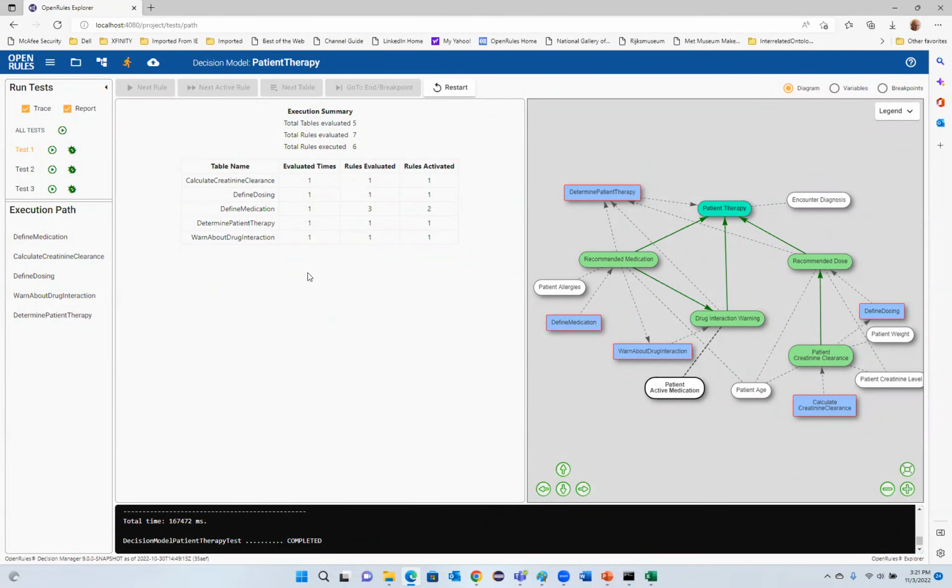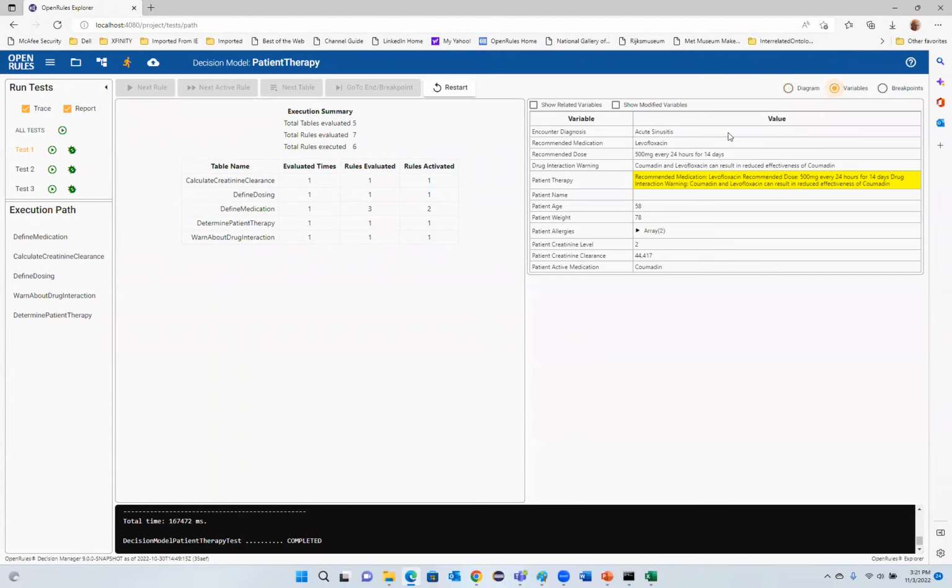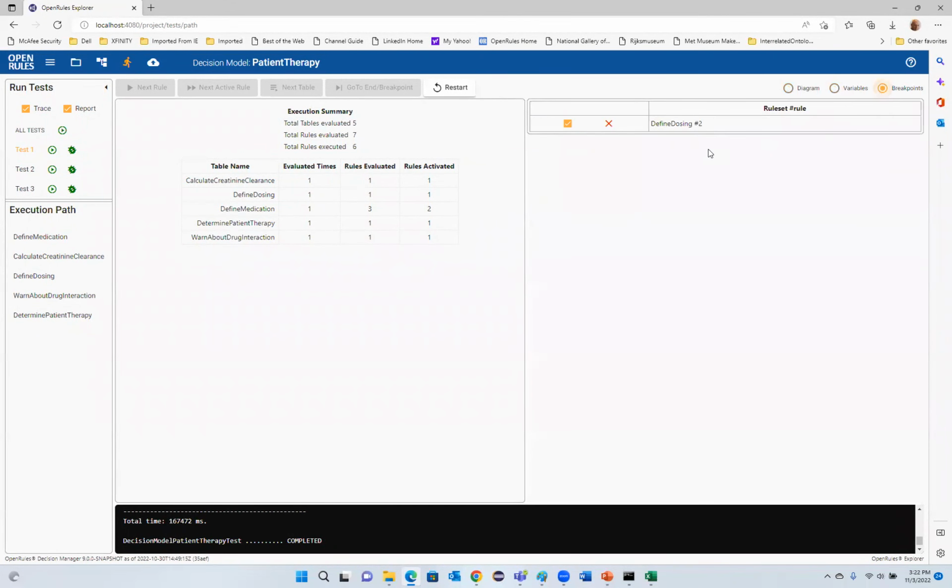But now I want to show you, for example, how to use breakpoints here. For example, I can, let me start. I do have different views here. I can show the same, instead of a diagram, all variables in table format. I can show you breakpoints. And breakpoints, by the way, are where you can stop. Instead of executing rules one by one, you want to stop at a certain moment. For example, I should stop in rule number 2 for define dosing. If I look at this picture,